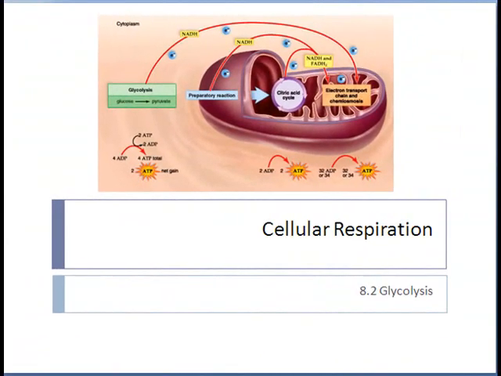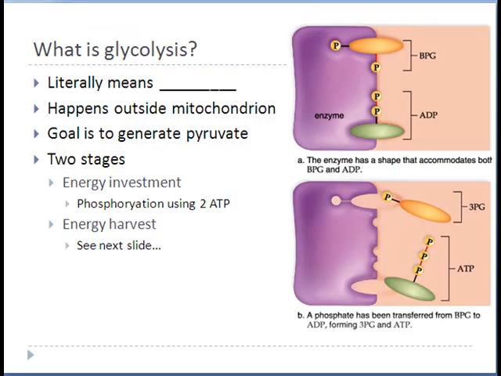Now, the first phase of cellular respiration is called glycolysis. Glycolysis literally means breakdown. Lysis is splitting, and glyco is sugar. So the word literally means the splitting of the glucose molecule. Literally, what is glycolysis? Glycolysis means splitting